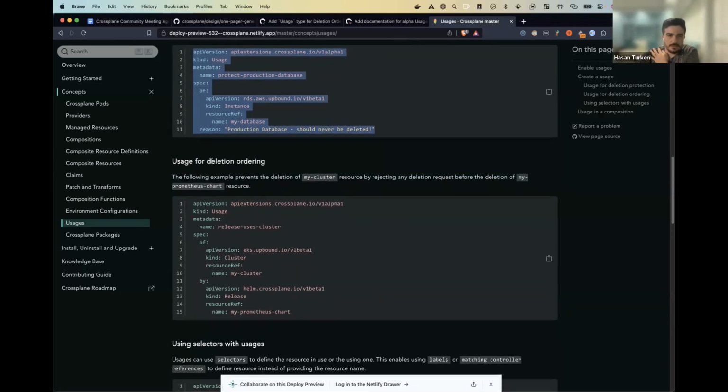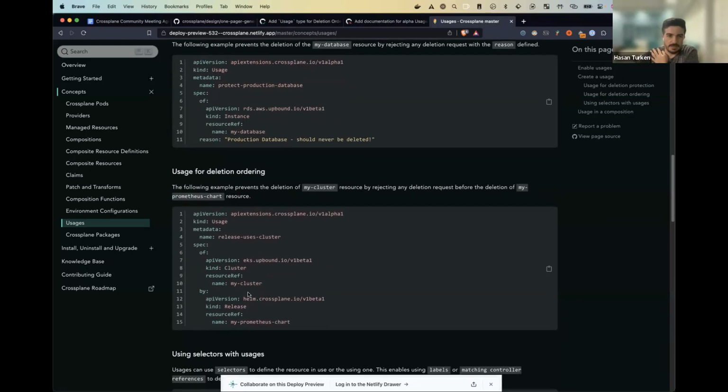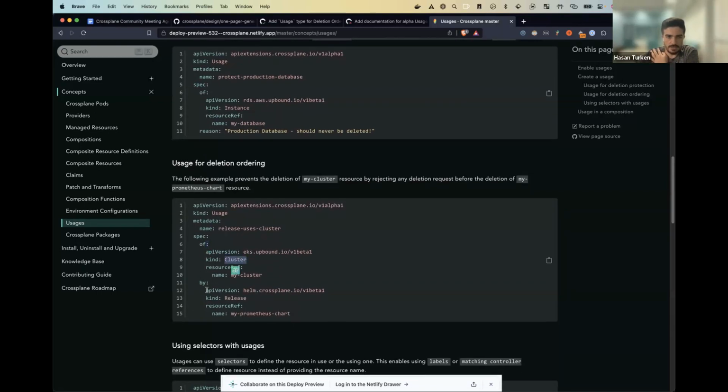And for the deletion ordering case, as I said, the typical example is a release resource using a cluster resource. In this case, we will define a usage of cluster by release, and we need to define resource references.